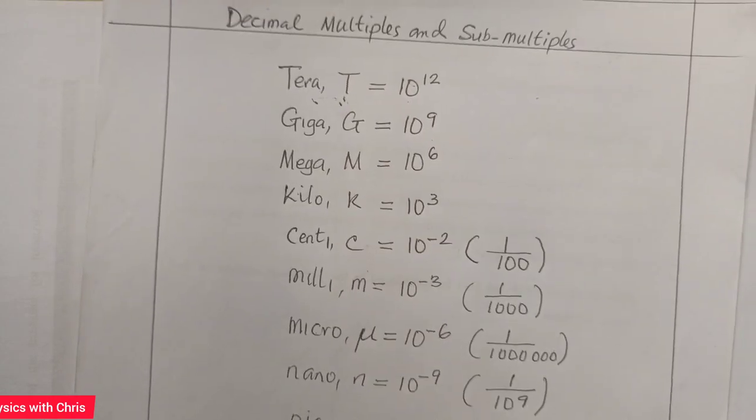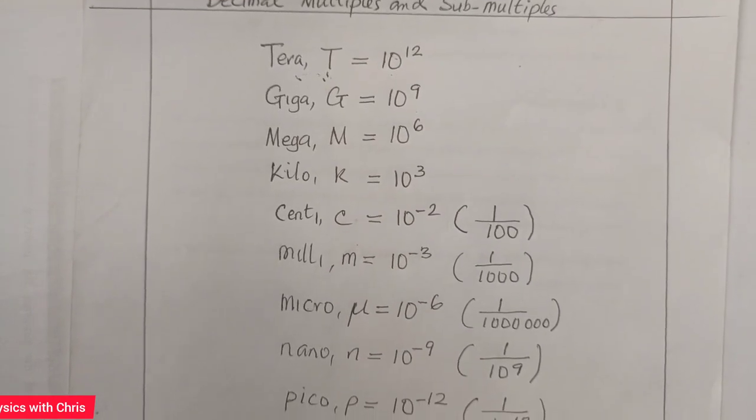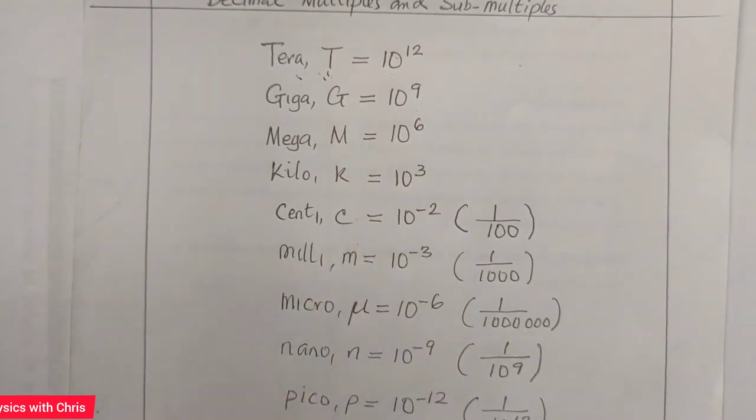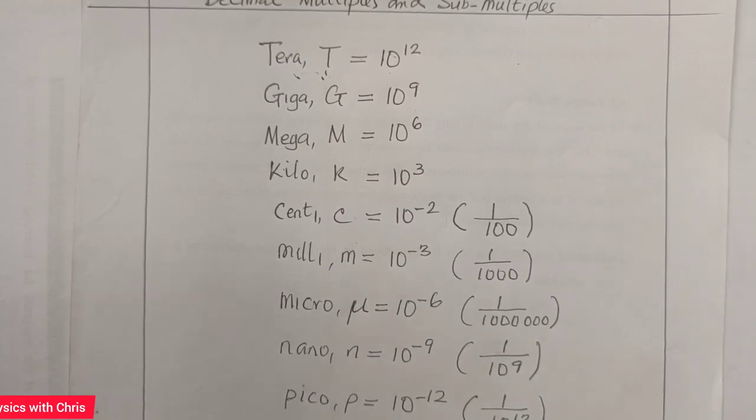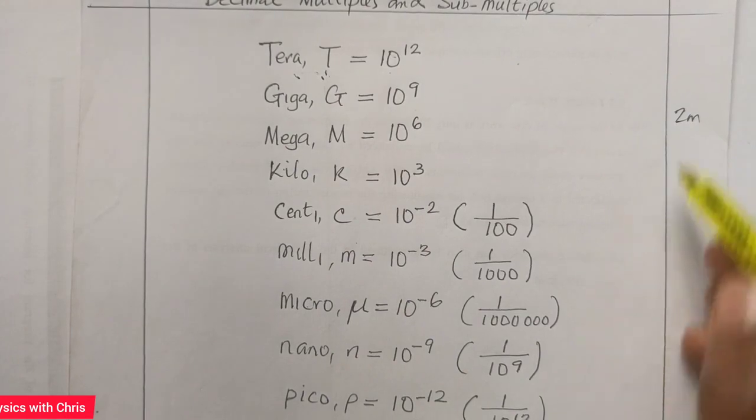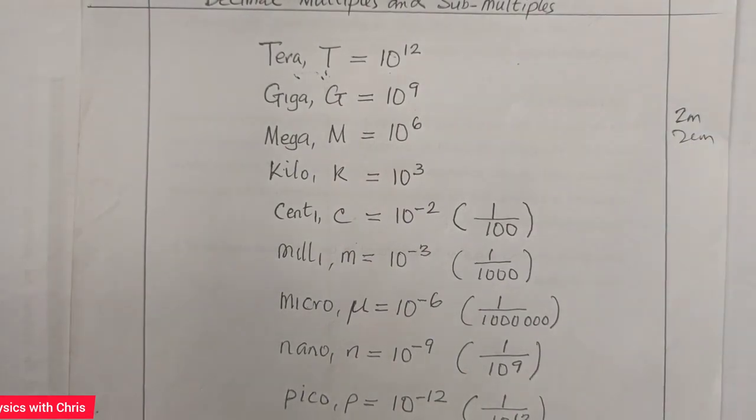Most times, if expressions are given to you, they may not give you a proper SI unit or standard unit. For instance, not all the time will they give you 2 meters. They may give you 2 centimeters, and in calculations you need to convert it to meters, and so on and so forth. So you'll be able to know all this, and then I'll show you briefly how to convert from one of these submultiples or multiples to the proper or standard unit. Okay, I want to start with